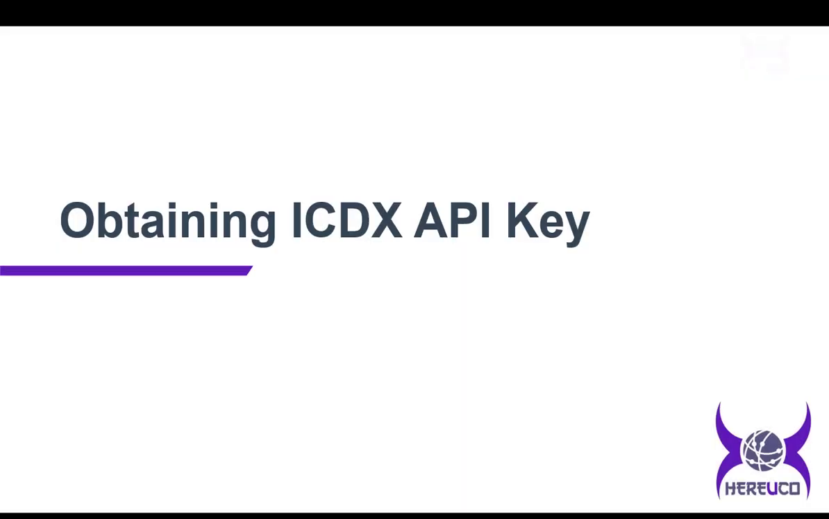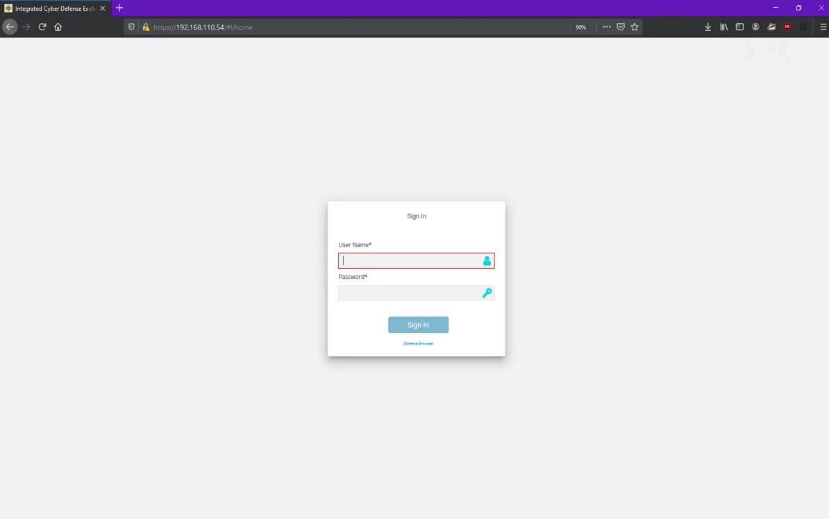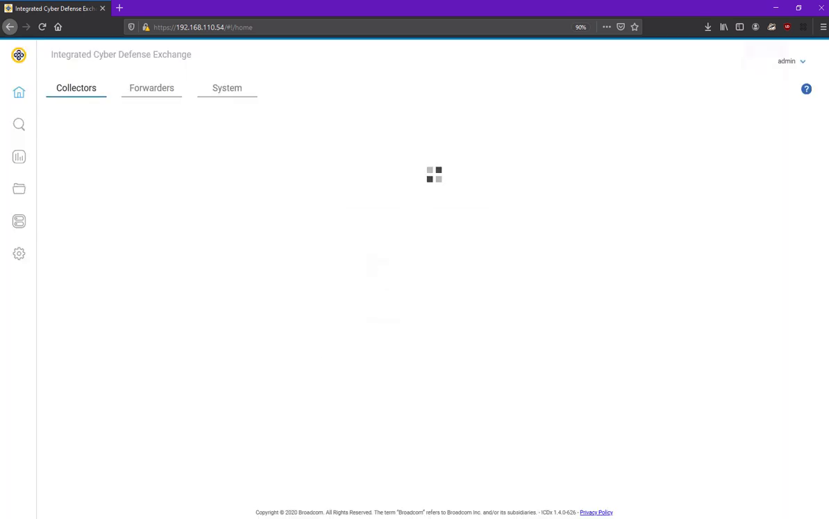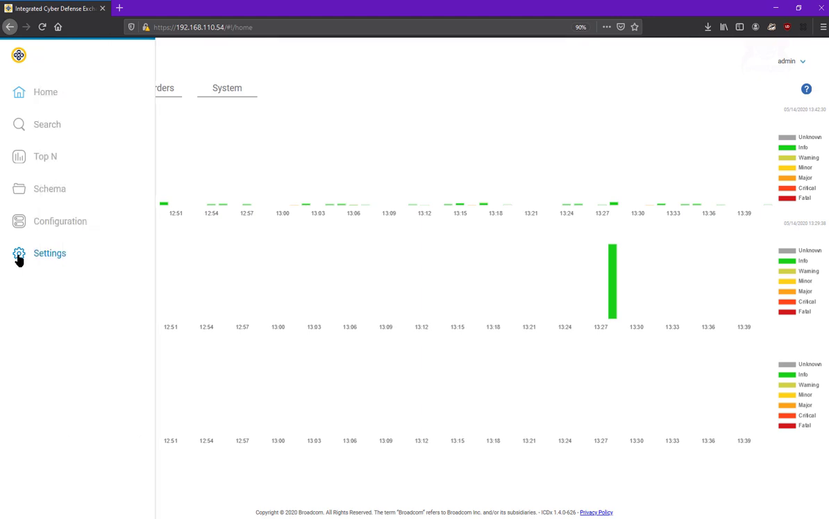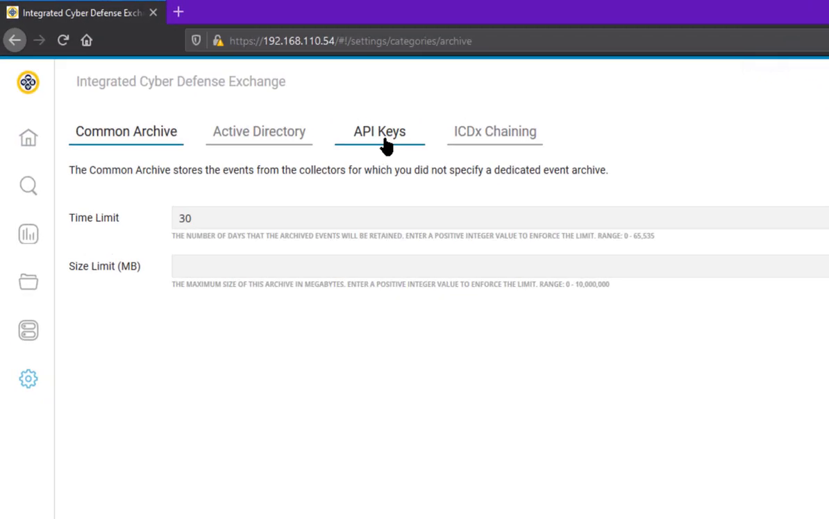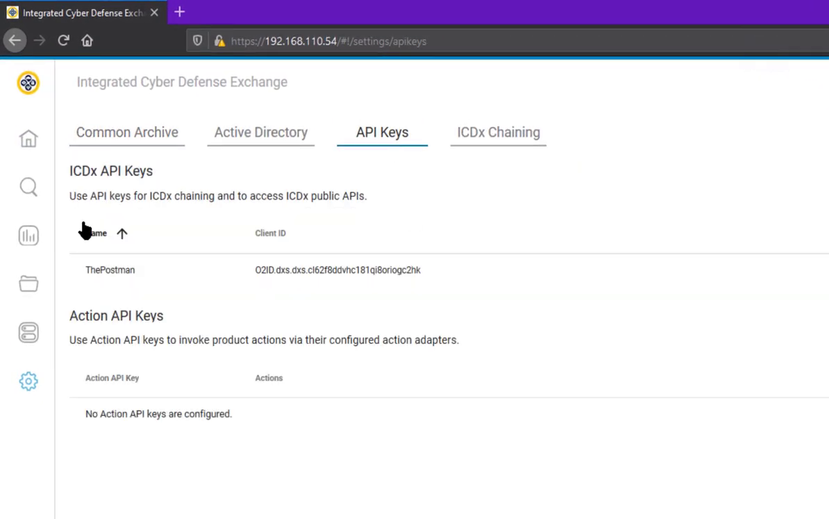But before we jump to the Postman client, we need to obtain the key to access ICDX data. Let's move over to the ICDX console so I can walk through the steps to get the key. I'll log in. This is a lab environment, so we won't see much data here. But you'll go over to Settings, API Keys, and then under ICDX API Keys, you will retrieve this particular key